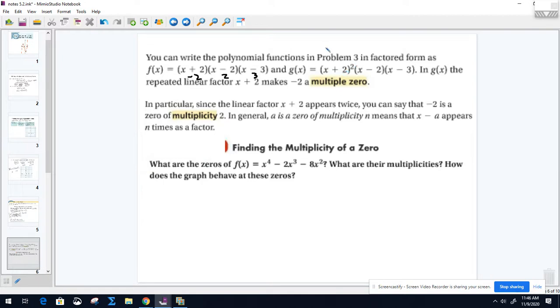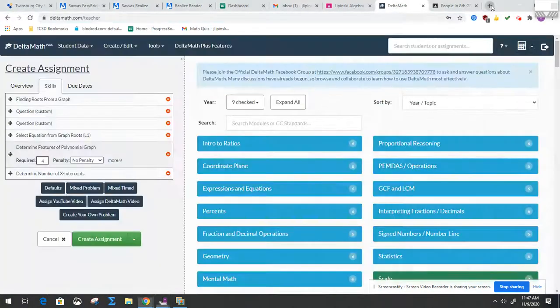Here, this x plus 2 squared means x plus 2, x plus 2, x minus 2, and x minus 3. The zeros would be -2, -2, 2, and 3. These are the same 0. You're not going to see them twice. So actually, it's called a multiplicity. And something special happens in a graph. Okay, if there's multiplicity, the graph appears to like bounce off at the x-axis. So if I were to go to